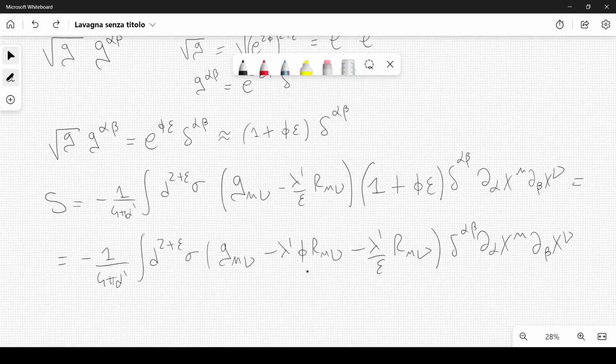In order to restore this fundamental invariance, we have to set R mu nu equal to 0. So that's the only possibility, R mu nu equal to 0. Because lambda prime here is just a proportionality constant that we don't have any degree of freedom on. But we can set R mu nu equal to 0. So we are forced to choose R mu nu equal to 0. And this is a magical result. This means that the background spacetime in which the string moves must obey Einstein's equations in vacuum.